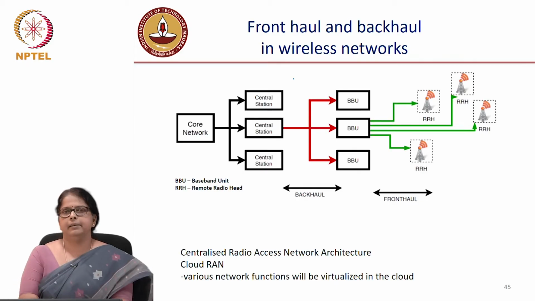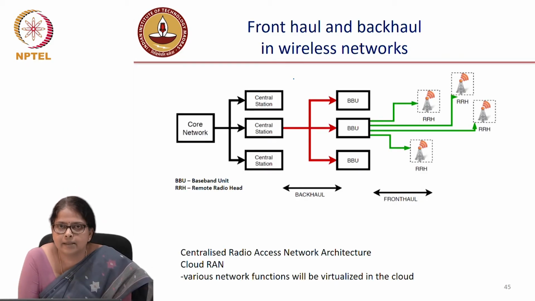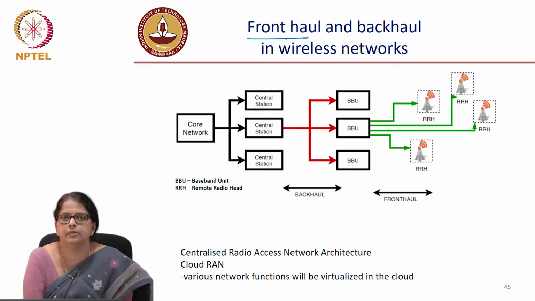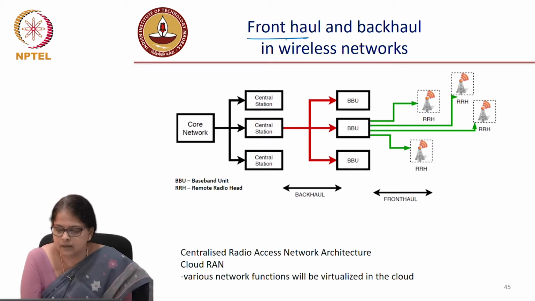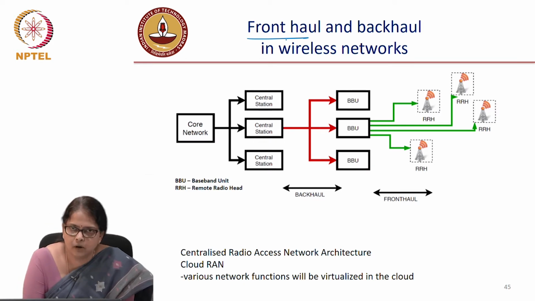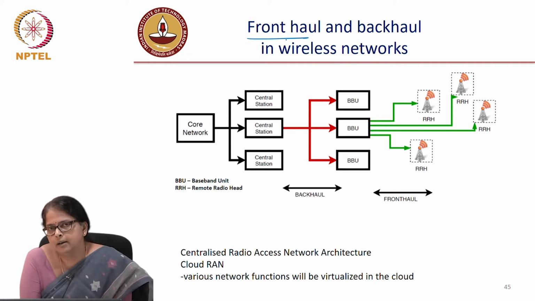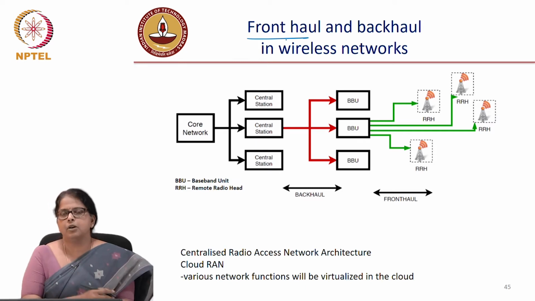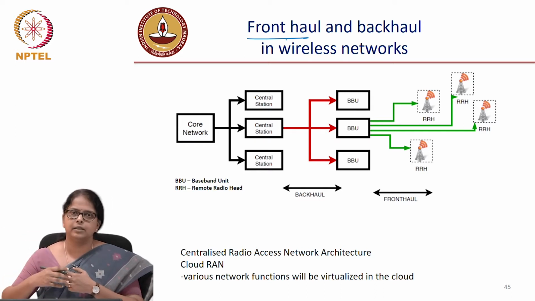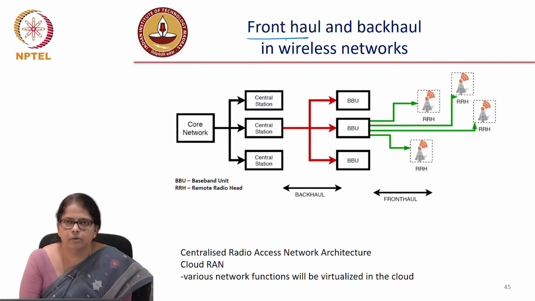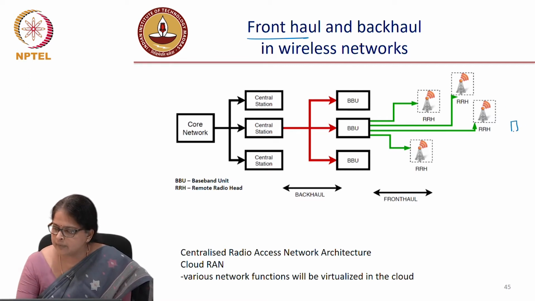The next important use case for access network is what is called the front haul network, and of course the backhaul network in wireless networks. Now, what is this front haul network? You know that whenever we make a communication from one cell phone to the other, especially when the sender and the receiver are at two widely different geographical locations, what happens is, from the user equipment through the wireless channel, the data goes into what